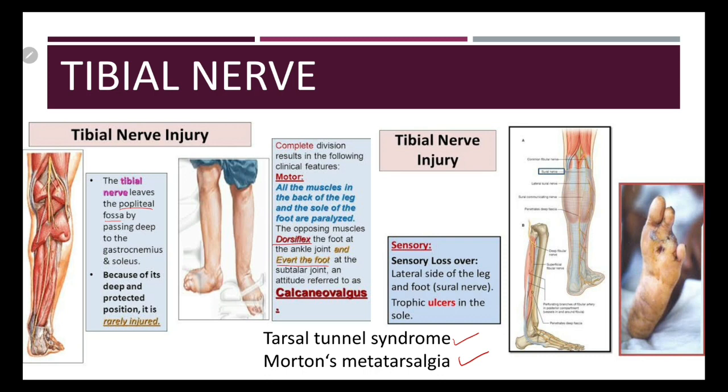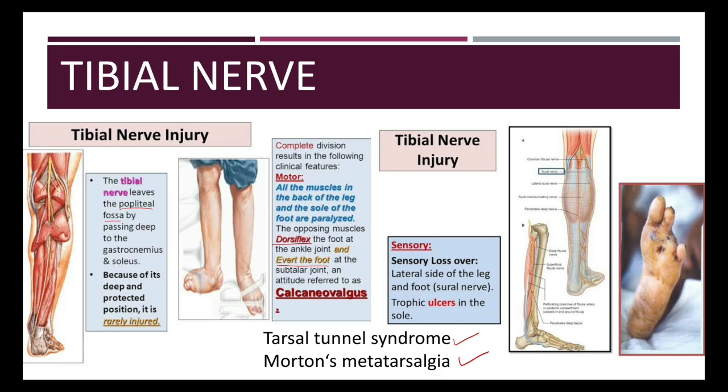It occurs due to the formation of a neuroma following pressure on one of the plantar digital nerves just prior to its bifurcation at one of the toe clefts. Now, it most commonly affects the plantar digital nerve running between the third and fourth metatarsal heads to the third web space. It clinically presents as intermittent pain in the plantar aspect of the forefoot, usually between the third and fourth metatarsals.